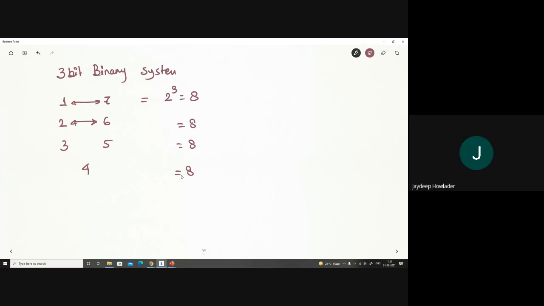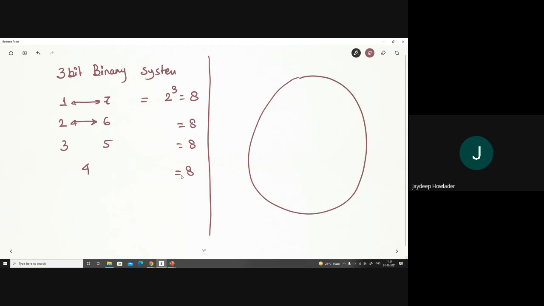Yes, sir. So now if we represent the 2's complement, it looks something like this. We have an 8-value number as a cycle, because I am having only 3 bits, so I represent the 3 bits something like this. Sir, can we call 4 a complement? Yes. If we have 4 and 4, then they are complements to each other. Means 4 is complement to itself. Understand?